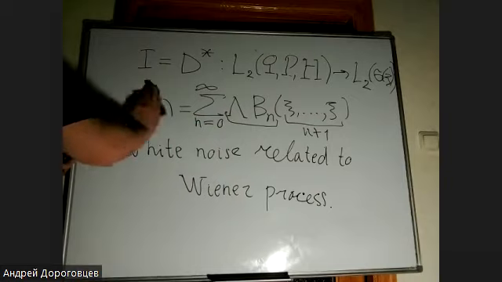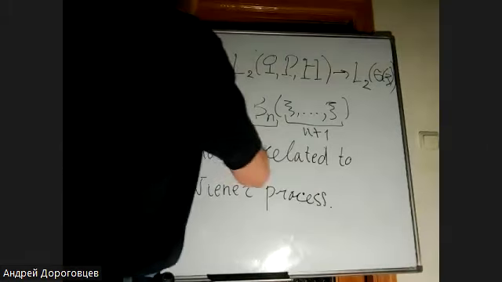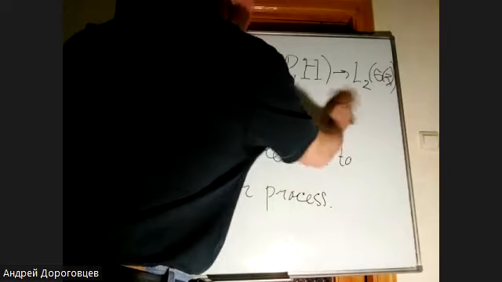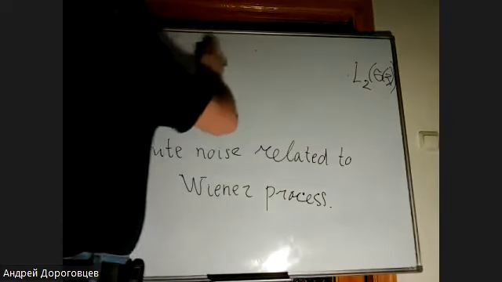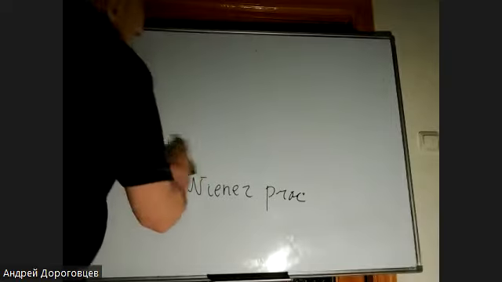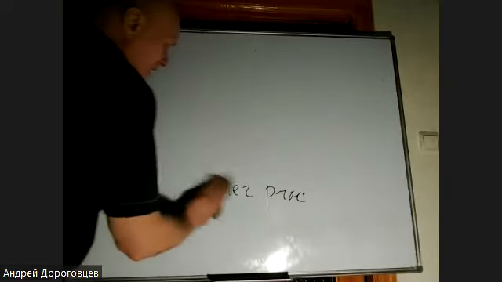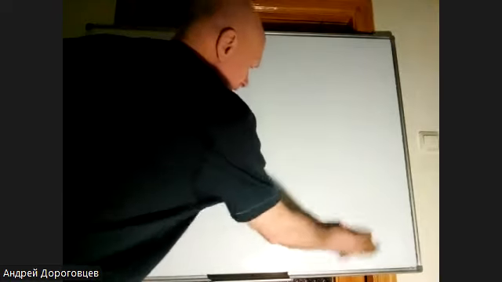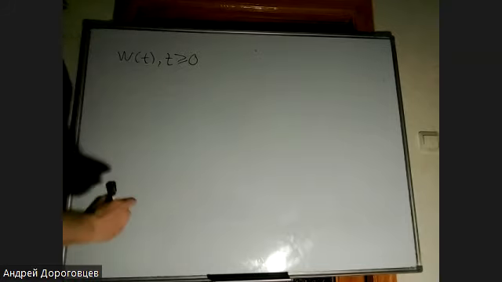So why am I recalling Wiener process to you in this context? Because all of you have experience with different families of Gaussian functions. Namely, you know that when we have a standard Wiener process, then